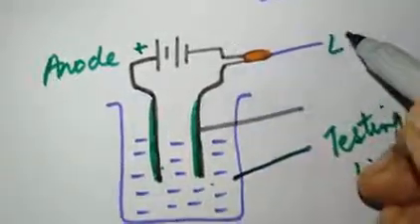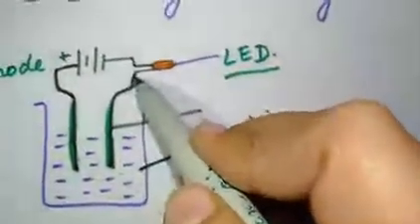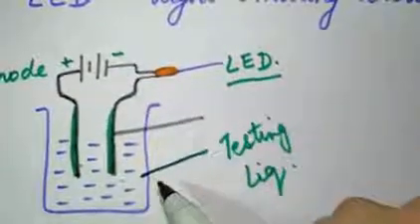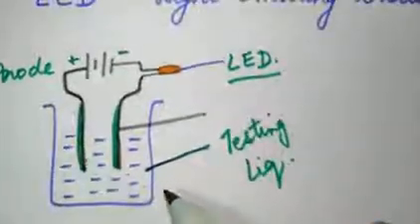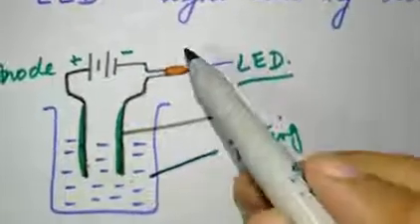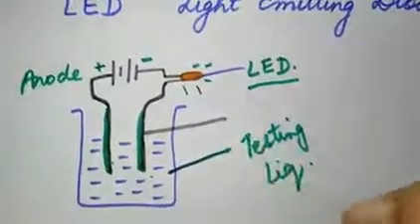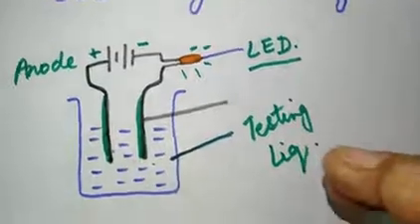This is your LED bulb which I have shown you right now. So this is the LED bulb, and this is connected with the LED bulb, and then in turn it is connected to the negative terminal of the battery. So if the liquid is a conductor, naturally this LED is going to glow. Same as solid conductors, here in liquids also the testing is the same.